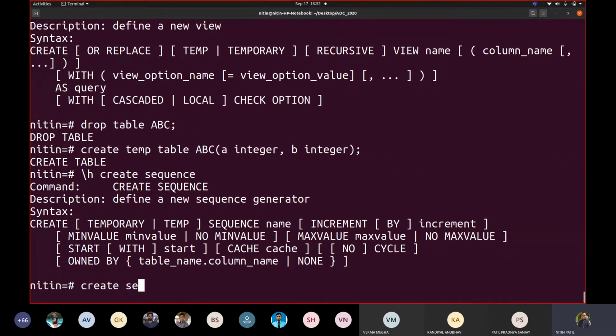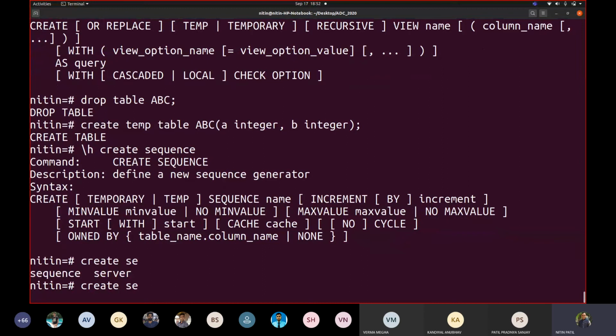The syntax is create sequence my name A. If I write this, by default the values taken would be 1, 2 and so on. If I write now increment by 2,